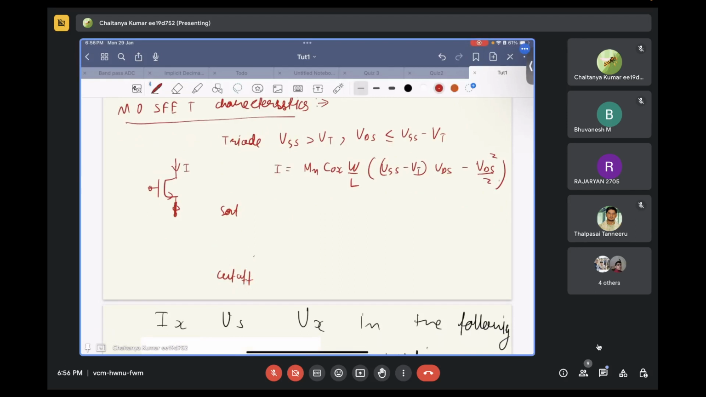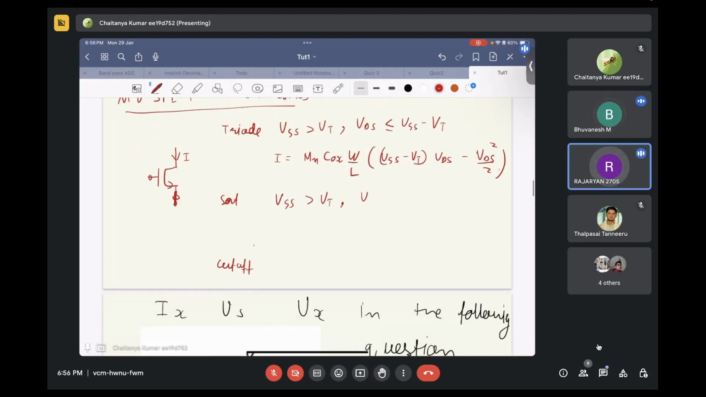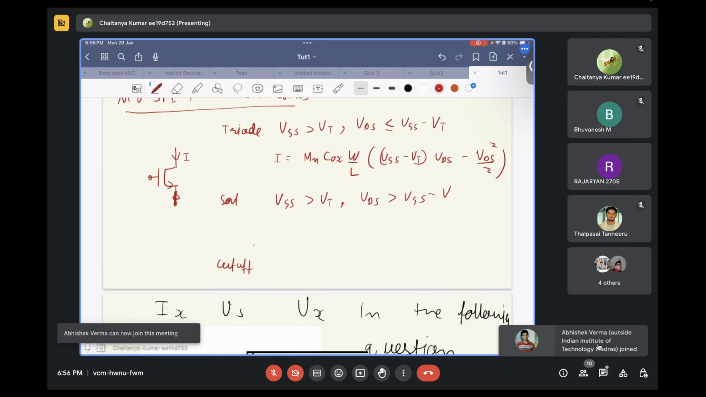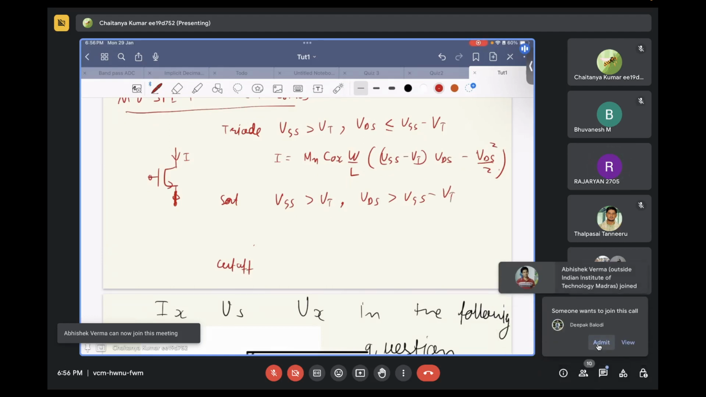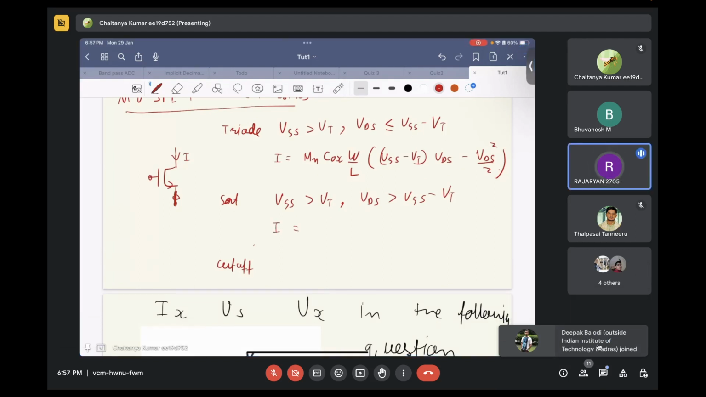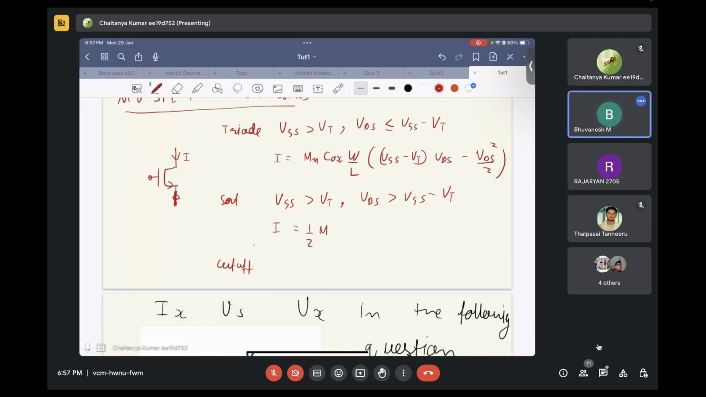saturation first? VGS should be greater than VT, and VDS is greater than VGS minus VT. What is the current equation now? Half mu n Cox